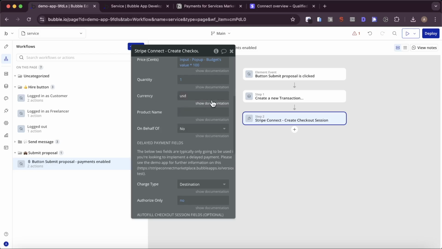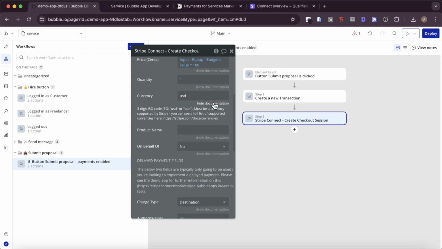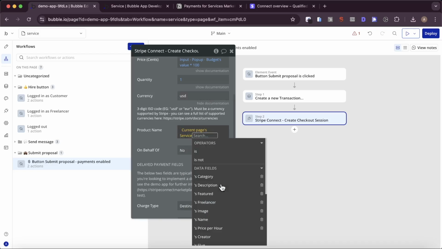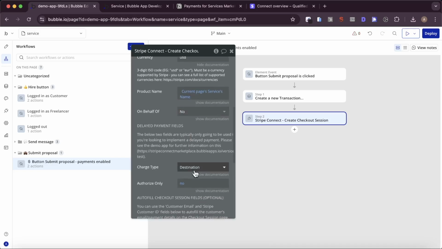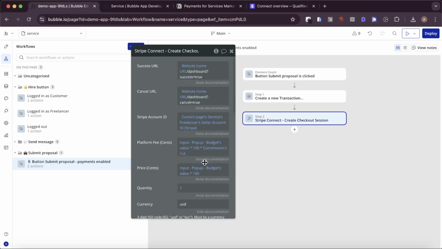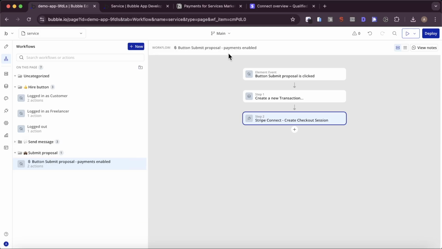We're going to stick that to 1. Currency, really important. You must put in a 3-digit ISO code. You can see a full list of supported currencies at this link. And then for product name, we're going to put in current page's service's name. So that's the name of the service. I'm going to come on to these fields in a second. They are all relevant, but for now, let's